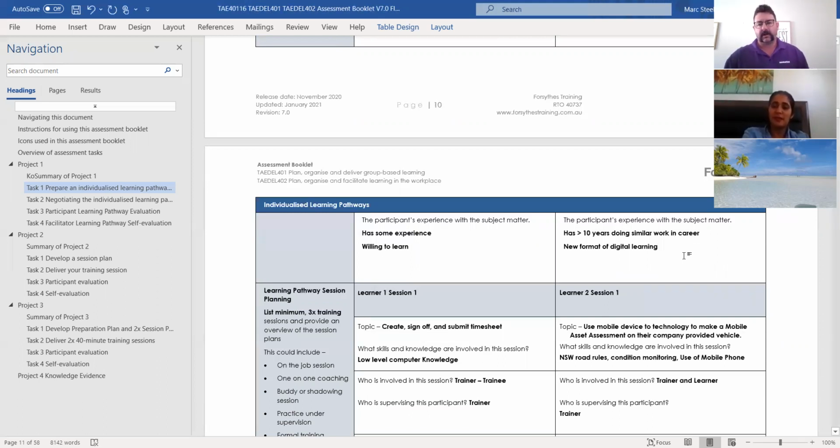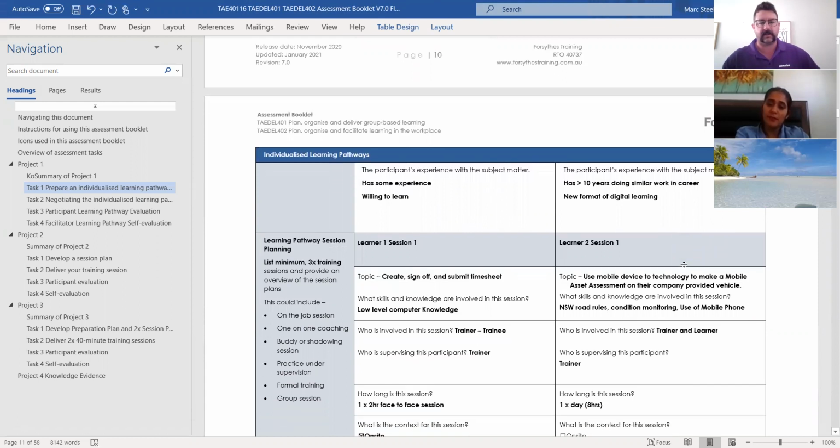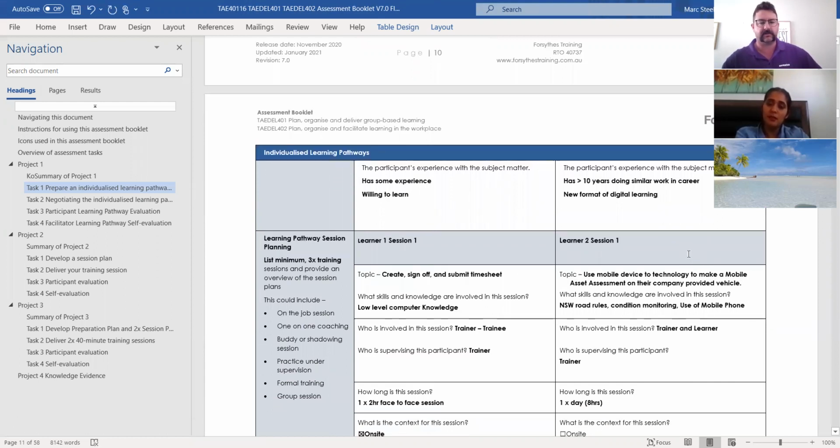Okay, awesome. This new format. We'll go into the lessons and how I'm going to do the breakdown here. Like I said before, if there's anything you think might be beneficial to the way you learn, please feel free to suggest, and I'll try my best to adapt to your learning. Using mobile device technology to make a mobile asset assessment on their company provided vehicle will be our first lesson.